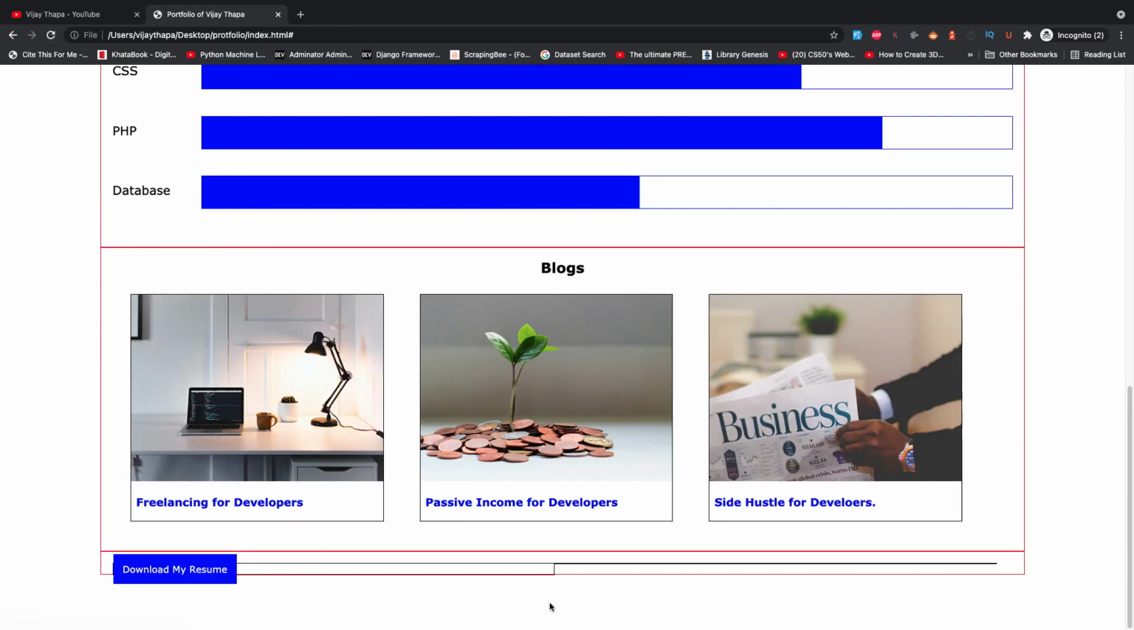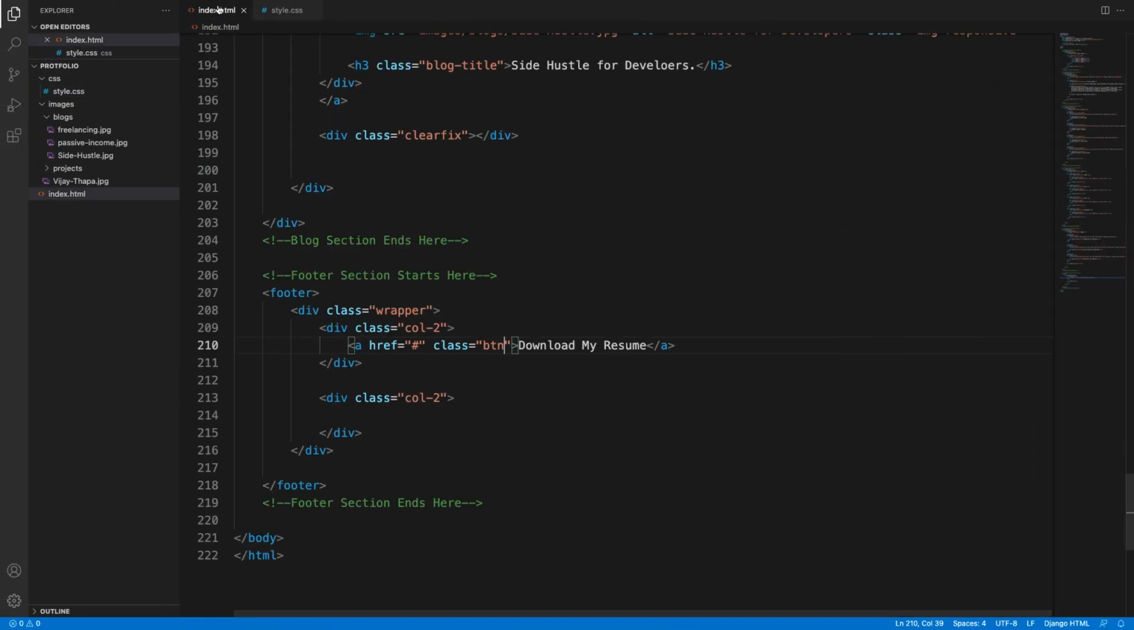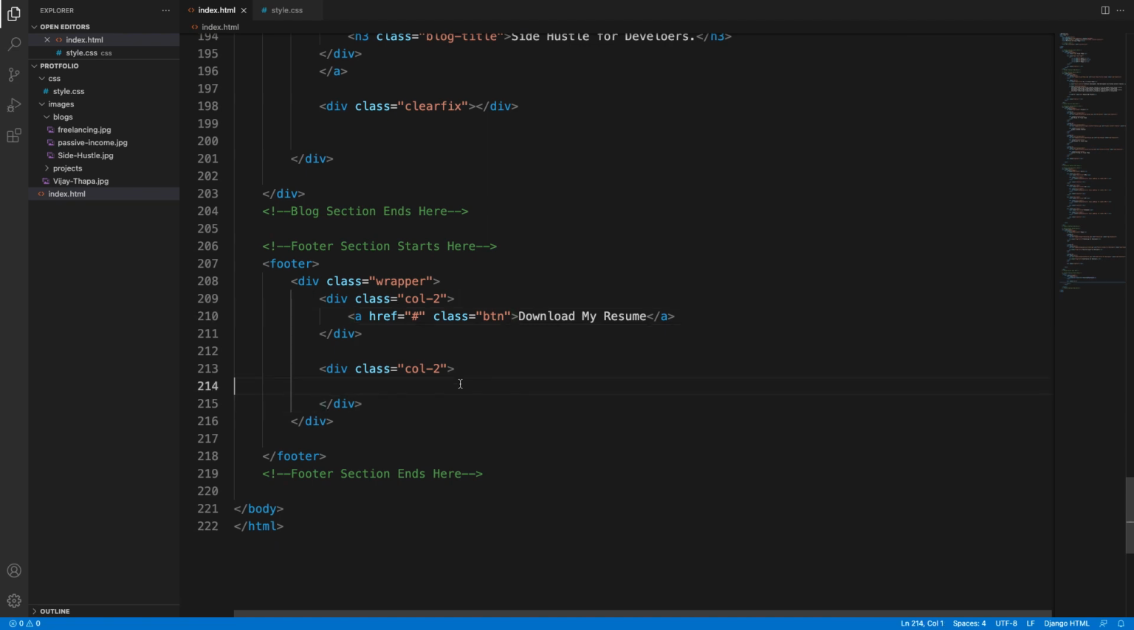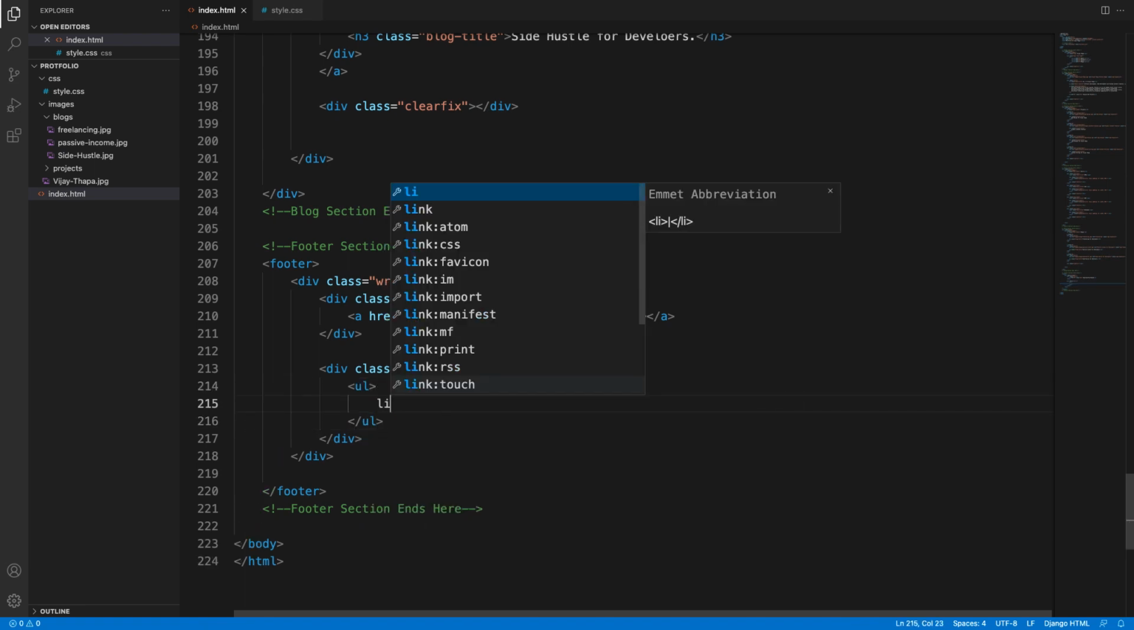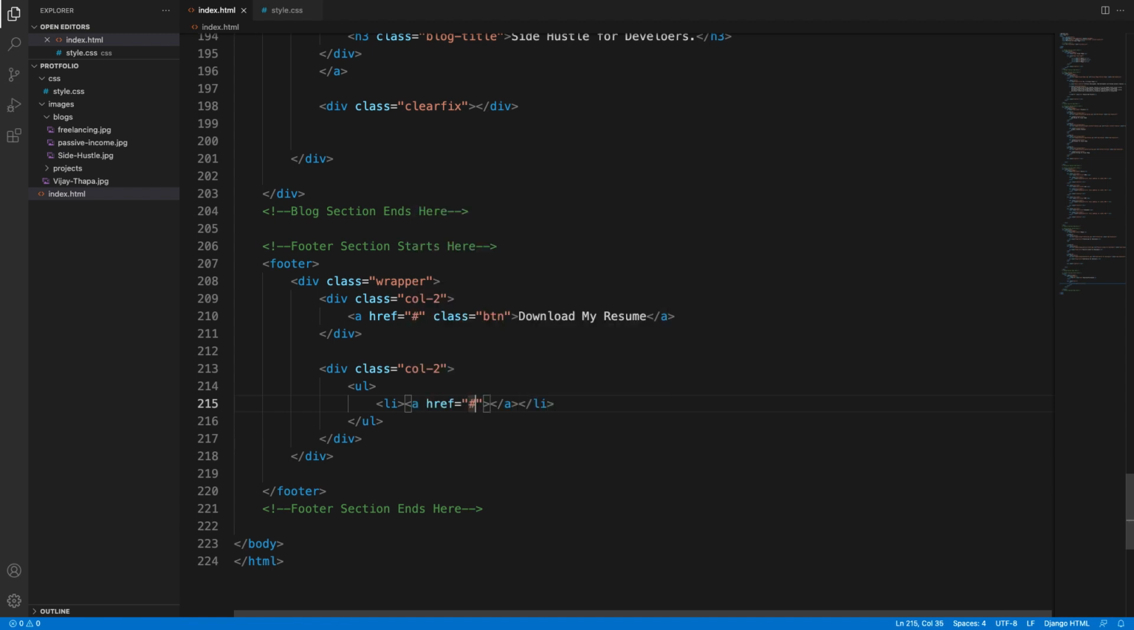So that's it, we have padding on bottom and not here, and here we have a nice button to download the resume, and here we will add the link to our social media profile. Okay, for that we will be using an unordered list, ul li. So let's add ul, unordered list like our menu, li, and we will add an anchor tag, and here the domain link, and we will give the link to our profile like